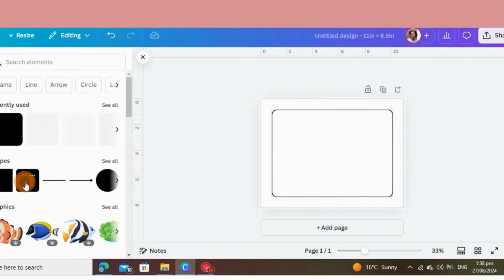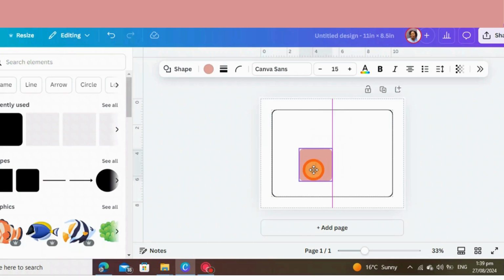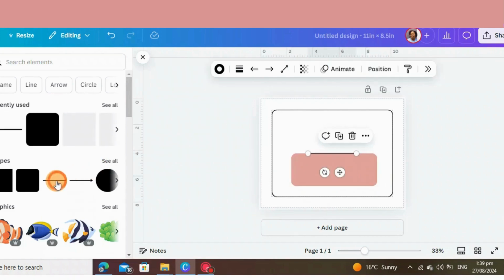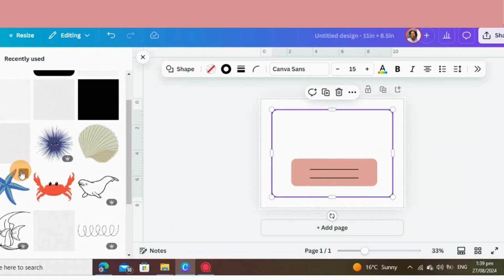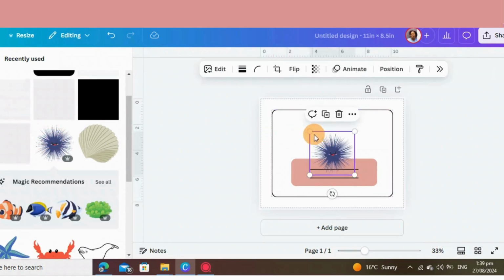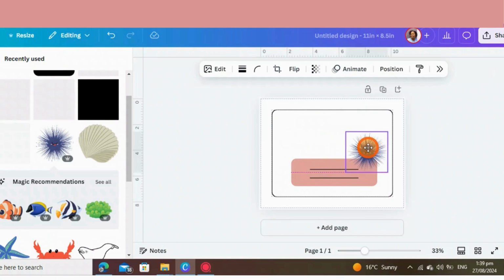Okay, and then we go back again to grab this square again, and we're gonna put it here, and then we need the line. We're gonna put the line here, and then we duplicate the line. We're gonna put this one here. Okay, so we're gonna search for suitable animals to add to make our book look cute. So we're gonna put it here,